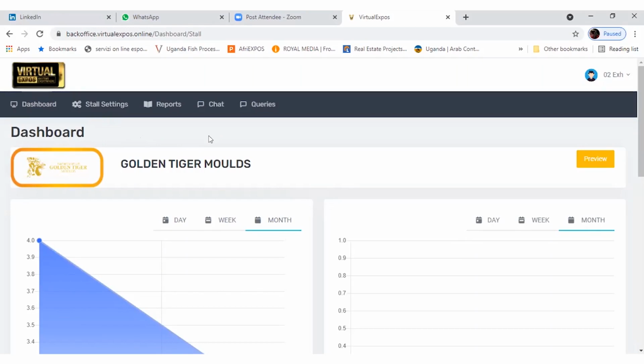So first of all, we welcome you for joining this exhibition, and hopefully I will explain how this virtual expo platform will work, so that you can use it in a better way, and also about the backend system, how you can upload your documents, and once you upload the documents, how your booth will appear. So I will brief you on that process also.